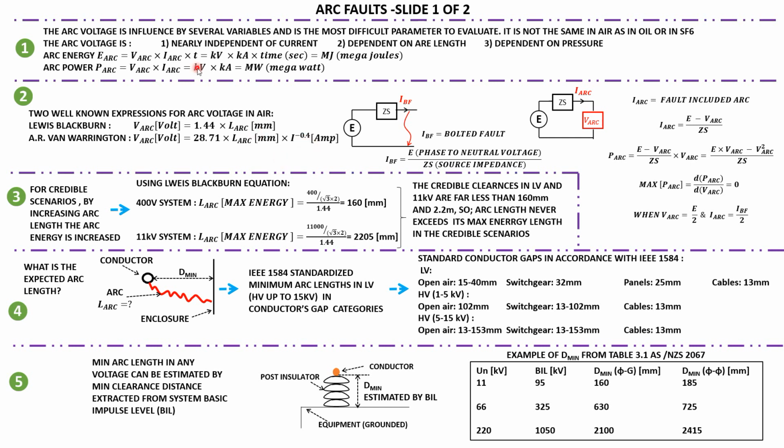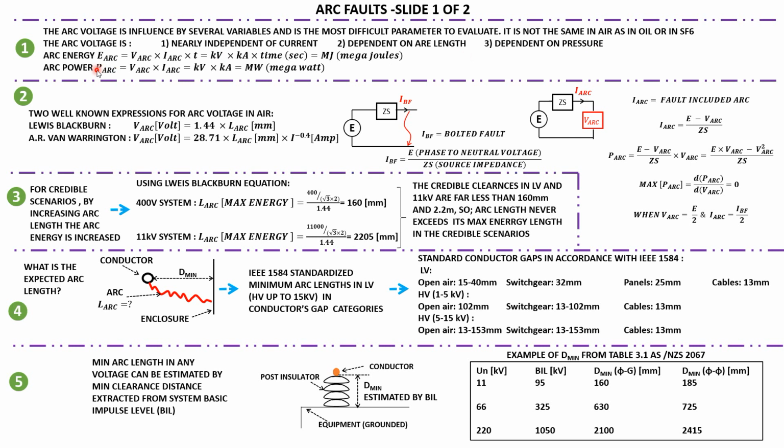So basically the arc voltage is influenced by several variables and is the most difficult parameter to evaluate. It's not the same in air as in oil or in SF6. So the very important aspect of the arc is arc voltage. I don't use arc resistance, and you'll see why. The arc voltage is nearly independent of the current, dependent on the arc length, which is very important, and dependent on